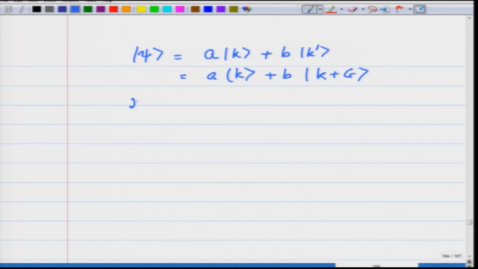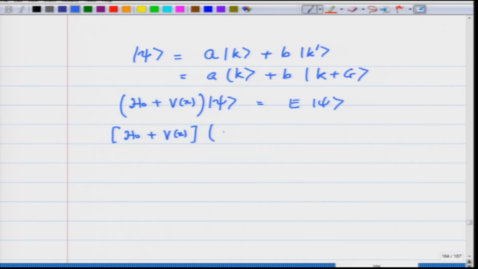Then if I take H0 plus V(x) acting on psi, it gives me E psi. Then we write H0 plus V(x) acting on A|k> plus B|k+G> is equal to E times A|k> plus B|k+G>,